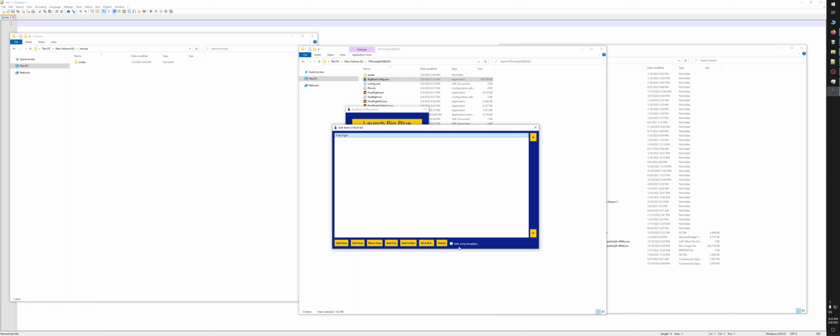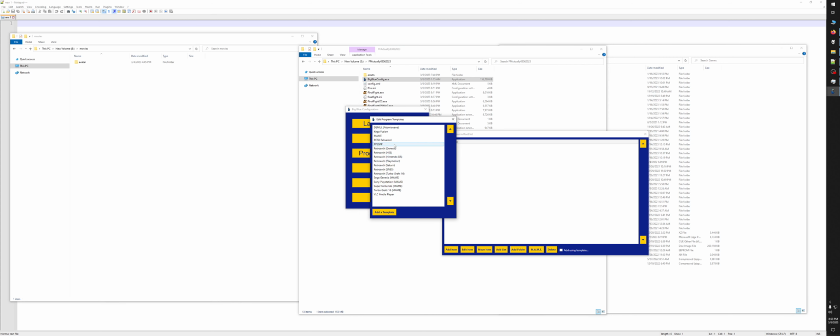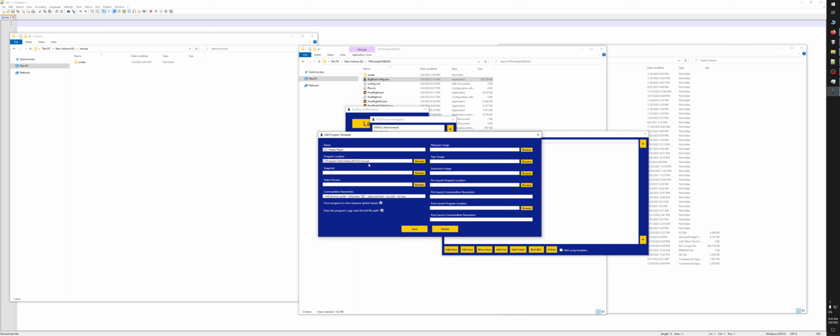Possibly even using a template. So if I select, I've created these templates for you. You can see how there are various emulator templates, and I also have a template for VLC. You can see how this has been configured so that we're basically running VLC in quiet mode in full screen, exiting the